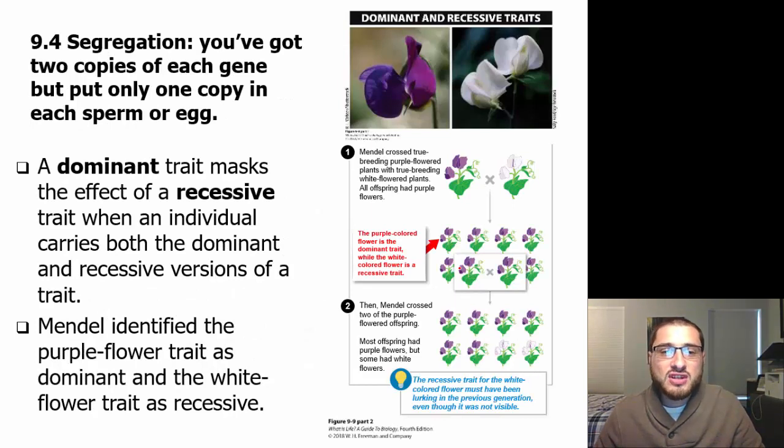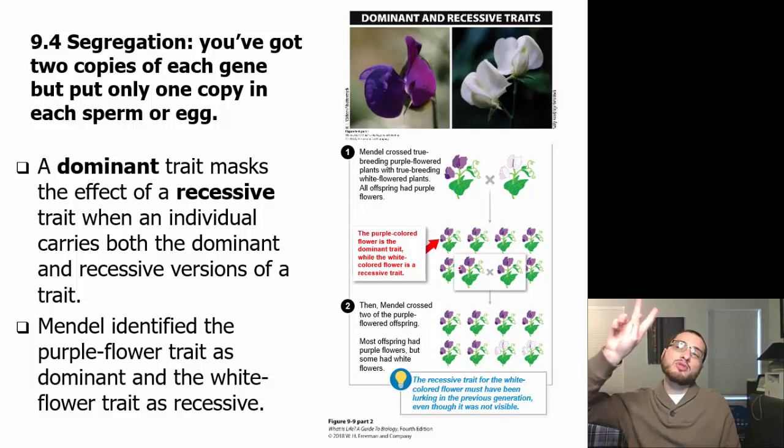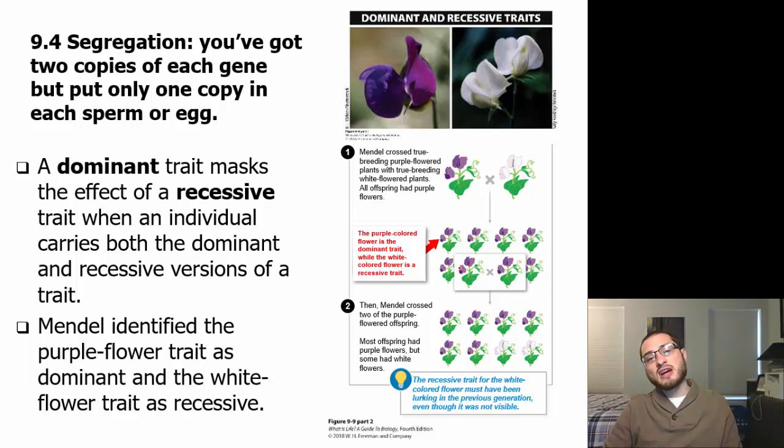Now, he discusses segregation. So you've got 2 copies of each gene, but put only 1 copy in each sperm or egg. While he didn't know this, we now know that is segregation, where you have a sperm and an egg, and when you're doing meiosis, you're going to have 2 copies, but you're only going to put 1 copy. You're only going to put 1 chromosome 1, 1 chromosome 2, 1 chromosome 3 in a sperm or an egg. So you have a dominant trait or dominant allele, which is going to mask the effect of the recessive